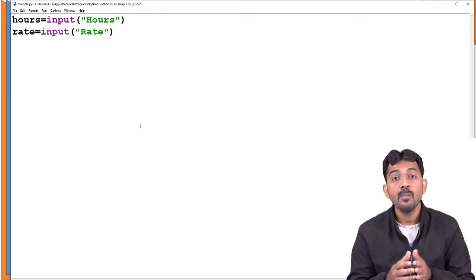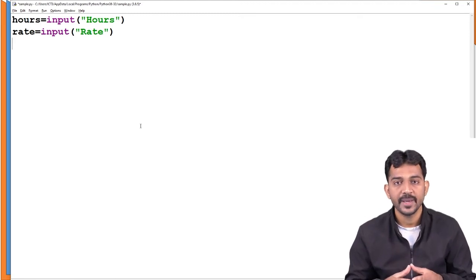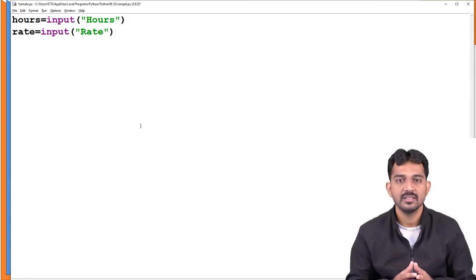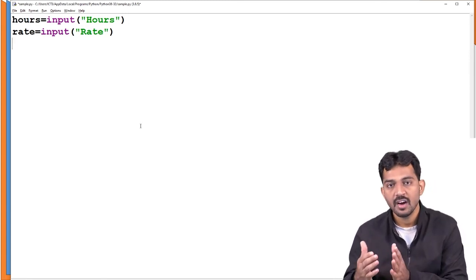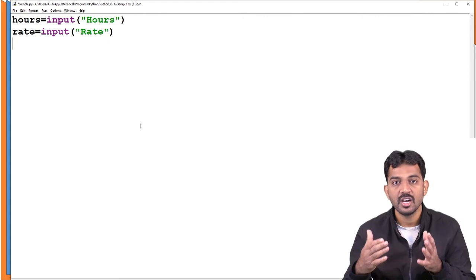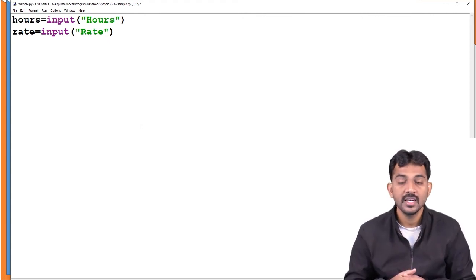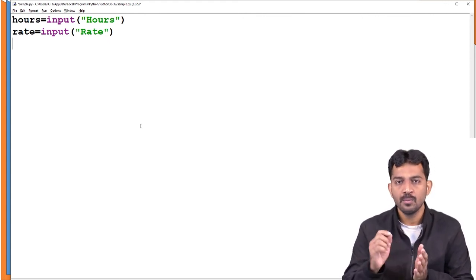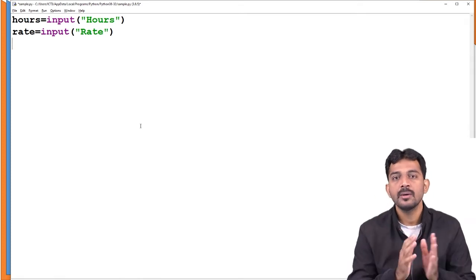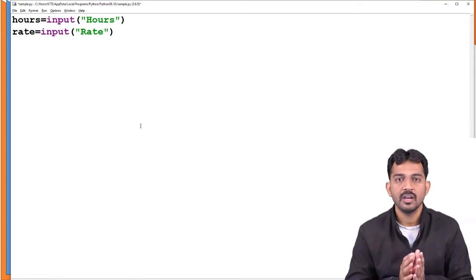Next, you need to perform the operation. What is the operation? Gross pay. How will you get the gross pay? The multiplication between the rate and hours. When you multiply the rate with hours, you will get the result. That is generally whatever you follow in the book manner. You just put it into the IDE, and you will get that answer.